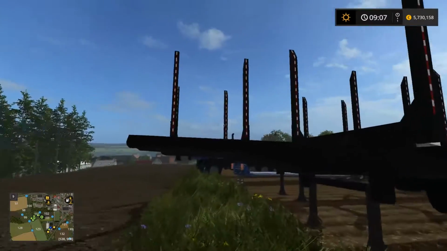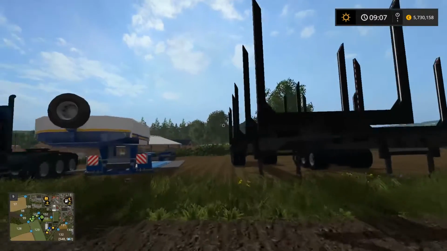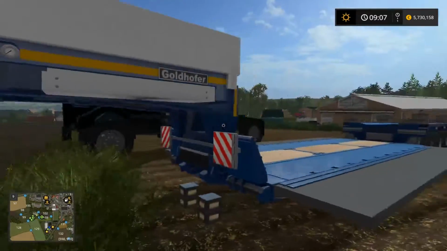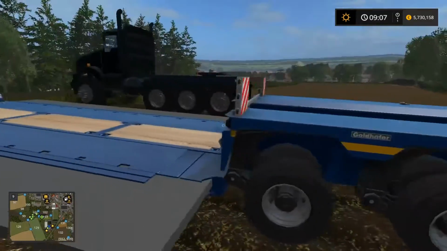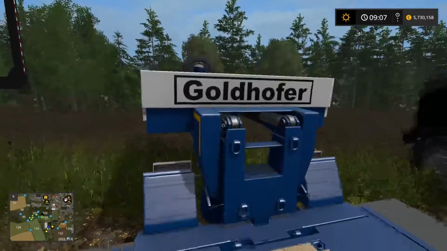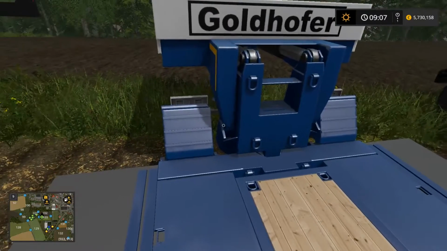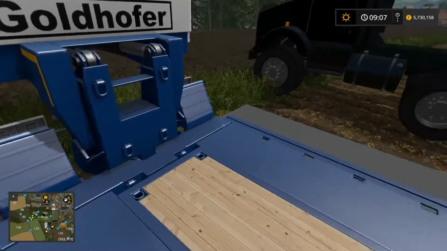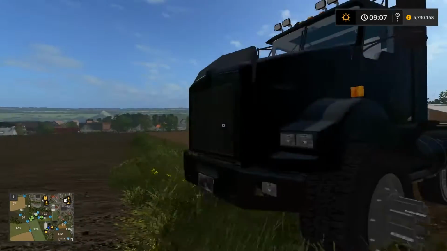And then the other one for shorter logs, although you can always save money and just buy the short log trailer and load it with long logs. Then you also get a Goldhofer lowboy trailer, and this here is actually like a dolly. It detaches. You've probably seen it in other mod videos, so you can drive up on from that end. And then you get this 18-wheeler cab here,